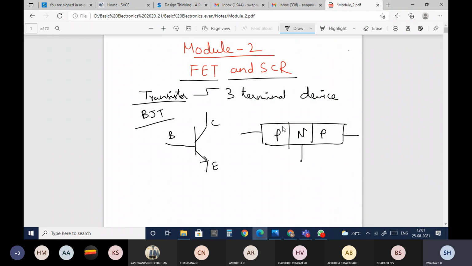Okay, so it will have two P layers on both the sides, and N-type semiconductor material will be sandwiched between these two P-type materials. So this is your emitter, base, collector. This is said to be PNP transistor. Or you will have another transistor named NPN transistor. The difference is that here between two P-type materials, N-type material is sandwiched. Here between two N-type materials, P-type material is sandwiched. This is your emitter, base, collector. Whatever I have represented here is the NPN transistor.